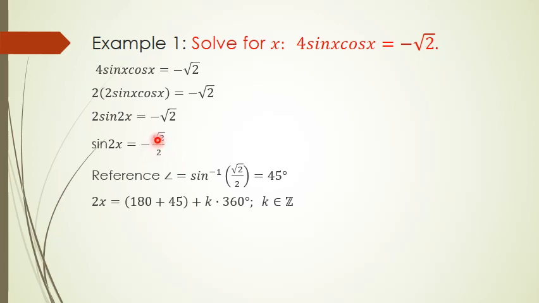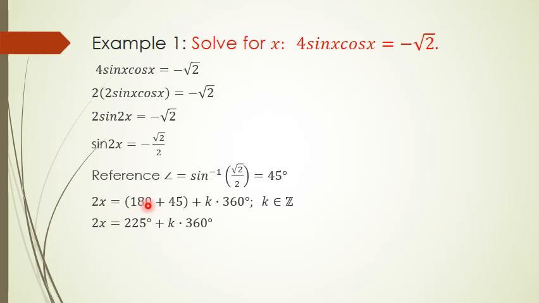Then going back to the negative sign here, we remember that the sine function is negative in the third and fourth quadrants. That is where it is negative. So that is where our solutions lie. So first, looking at the one in the third quadrant, we have